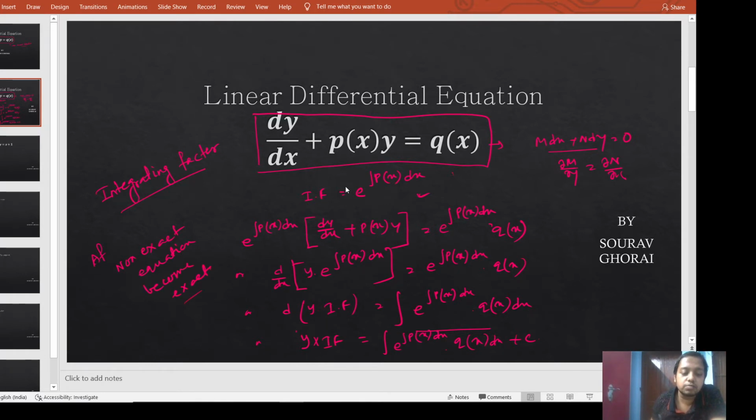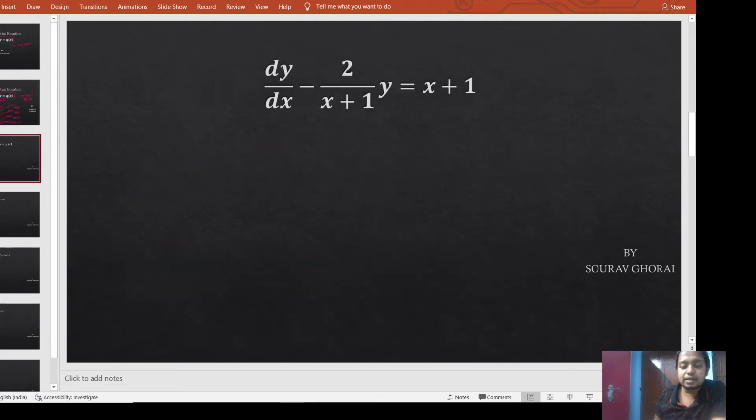Now let us try to solve some problems which are linear differential equations, and let us discuss all those problems. See here, this is a linear differential equation: dy/dx - (2/(x+1))y = (x+1)^2. If we compare it with the equation dy/dx + p(x)y = q(x), we see that p(x) is equal to -2/(x+1) and q(x) is equal to (x+1)^2. So this is the integrating factor,